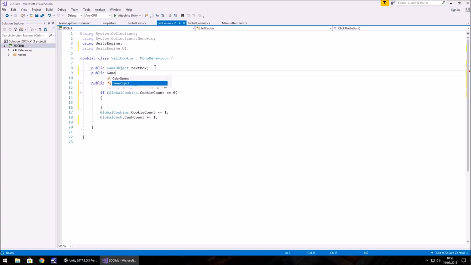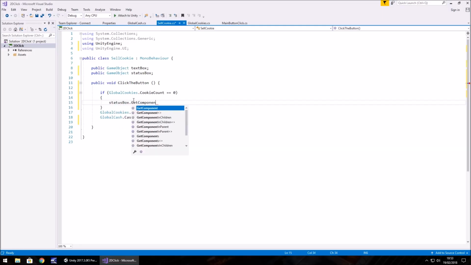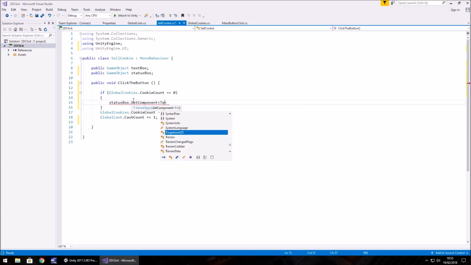So now we need to declare the actual status box. So public GameObject statusBox, semicolon. Then if it's equal to 0, statusBox.GetComponent, in angle brackets Text, open close bracket, dot text equals, and we'll say not enough cookies to sell,